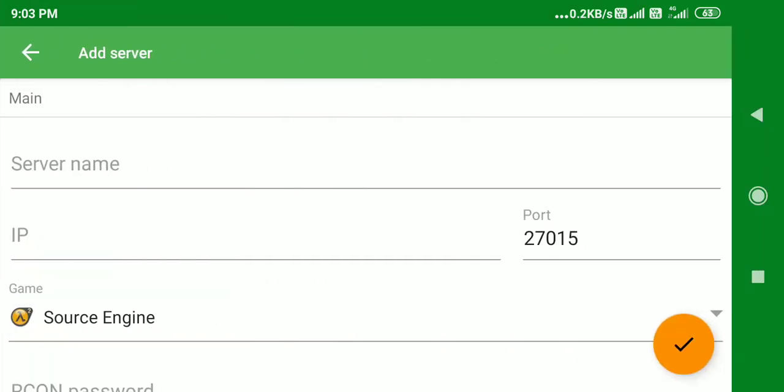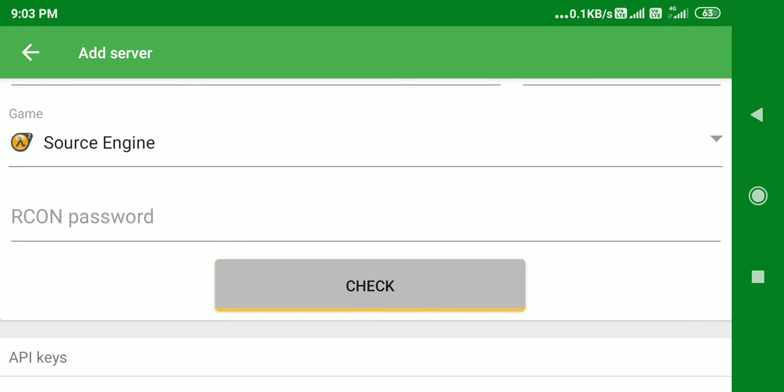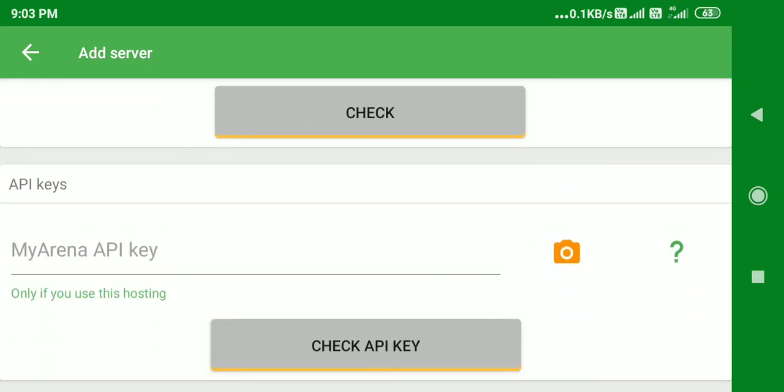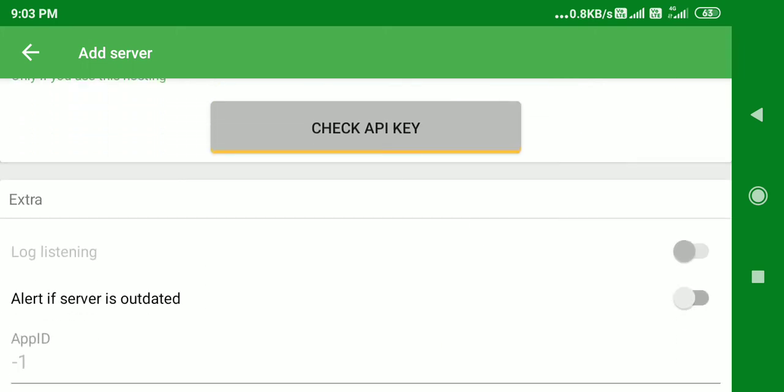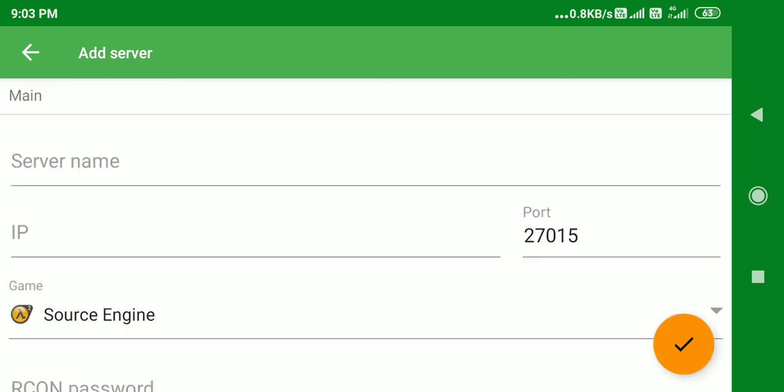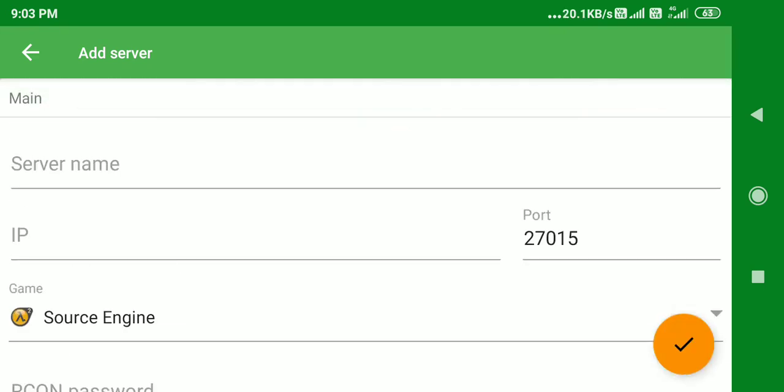Then it asks for particular things. First it asks for the server name, the game server name, Source Engine. It also asks for a password, and for the API key. Check the API key. There are plenty of game servers out there in the system, but we don't know any of them, so you have to give the particular server name. Then you have to give the particular IP address for that server, and connect to those services and Source Engine.